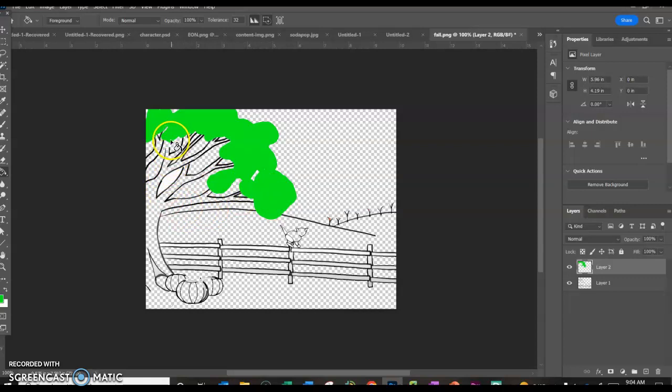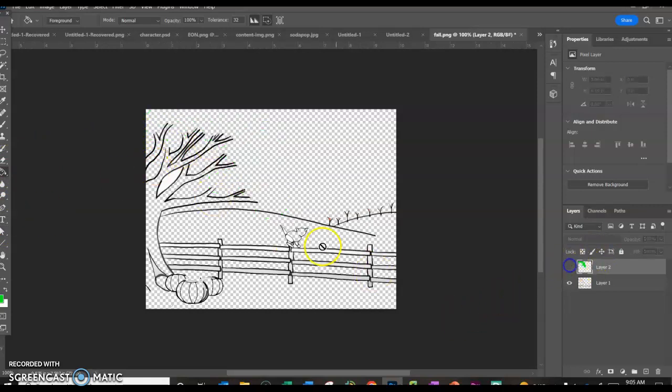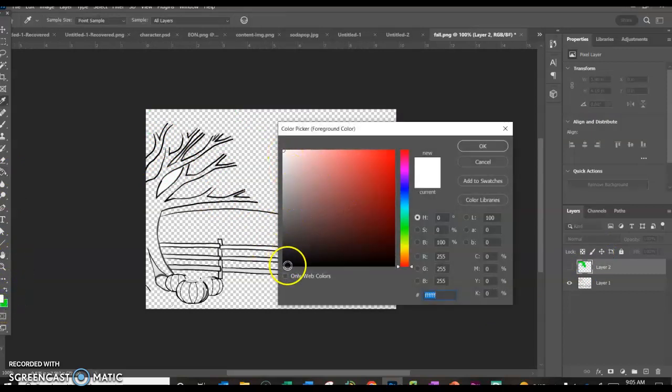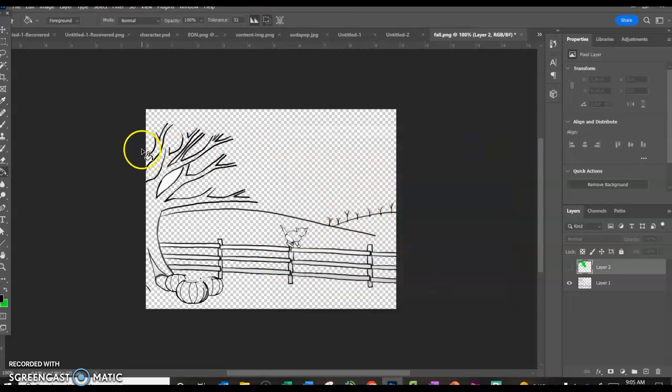Okay, so now you can see there are open lines for all of these tree trunks. So I'm going to go over here and change it to black. And I'm going to make a new layer, and these should all be hidden once you